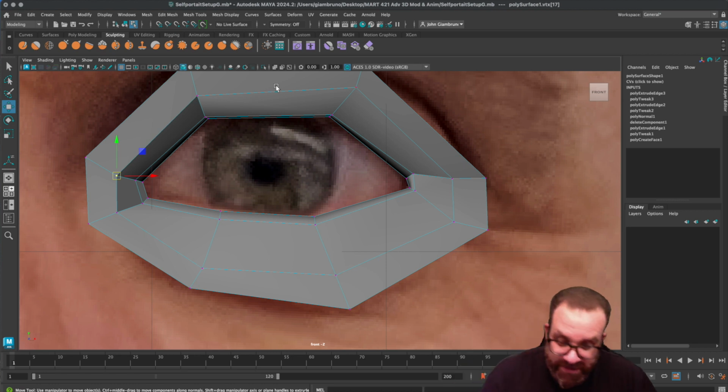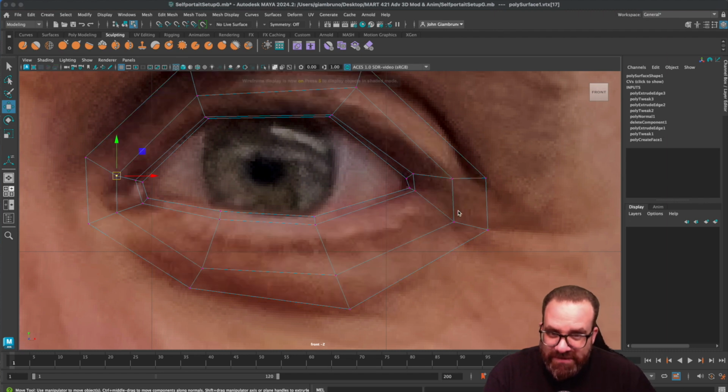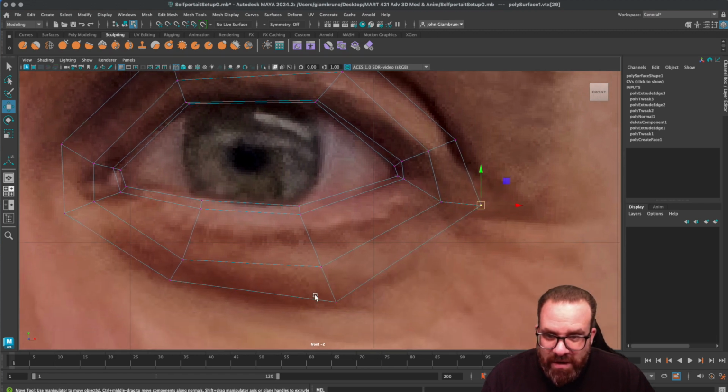My only critique of it is that I don't have a hotkey for it, so I like switching between 4 and 5 rather than mousing up here, hitting X-ray, mousing back. Because there's sometimes I want to see it super solidly, and there's sometimes I still need to see it as transparent as possible. All right, this guy I'm actually going to start moving up, and I meant to do that sooner to branch out of that corner. Have these nice sockets, and then this one is going to become the corner there. And all right,